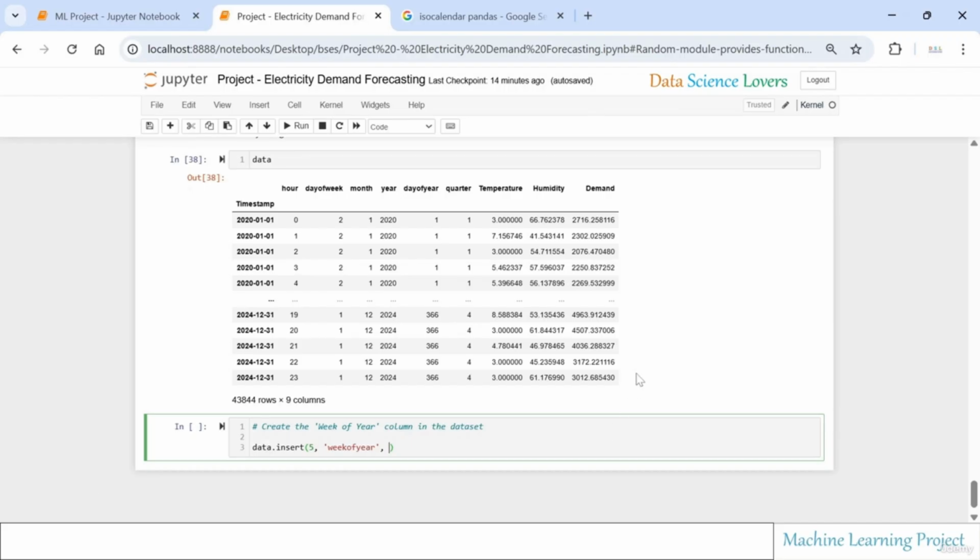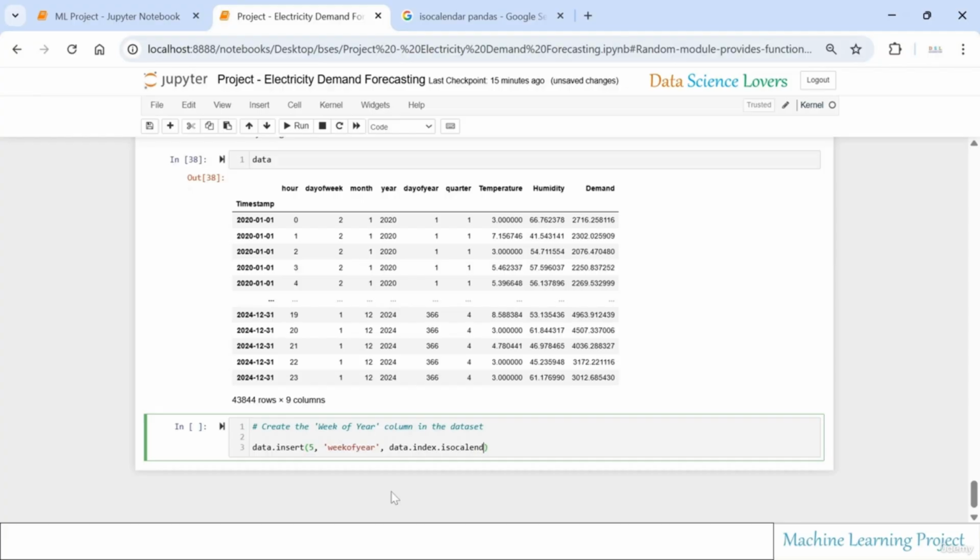For this we have to use a special function, isocalendar, to extract the week from this timestamp column. So we have to consider the index of this data frame, and now